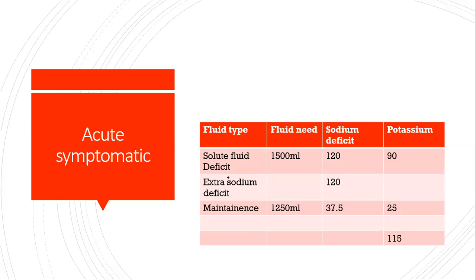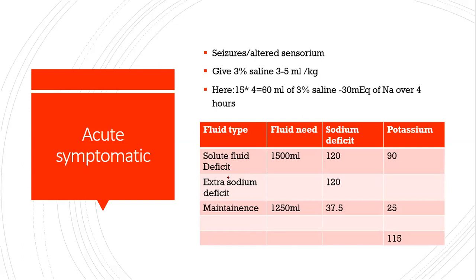It is the same child, but now this child is presenting with seizures to you. Seizures, altered sensorium, irritability, whatever you want to take it as, neurological manifestations. So what do you want to do? You want to give 3% saline. Why do you want to give 3% saline? Because you want to rapidly increase the sodium by 3 to at least 5 milliequivalents so that this child stops having a seizure.